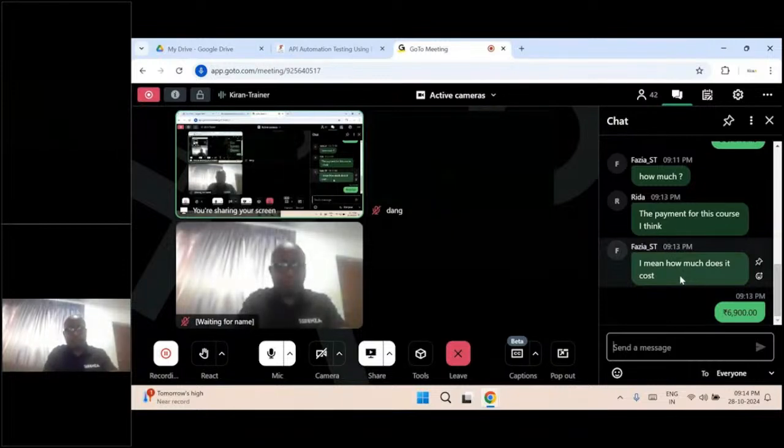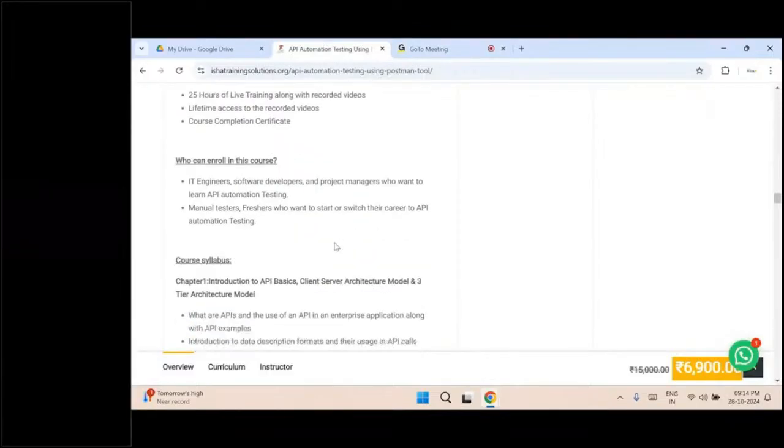Okay. Moving further. Now, who can enroll in this course? Obviously, a question which is pretty much common in most of the budding engineers, students, and already existing employees. I would say anyone who has that basic manual testing background, either theoretical background, or probably you're already working as a manual test engineer, or you have worked in a software organization as one of the engineers, either a back-end engineer or a front-end engineer or a test engineer or a